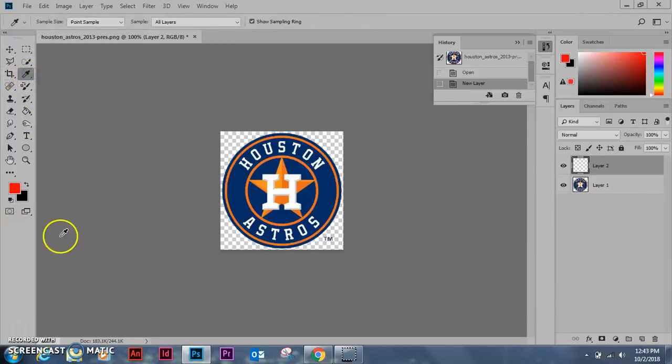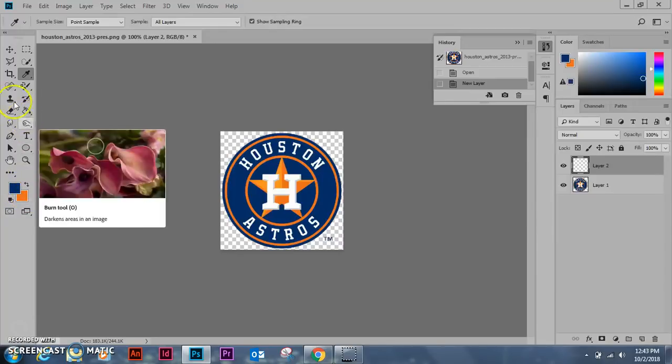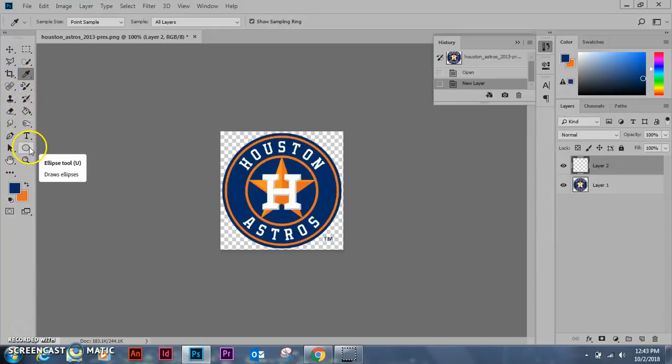The other thing I need to do is I need to get the color. So before I do that, I'm going to sample this color by taking the eyedropper tool, and I'm going to sample the blue color, and then I'm also going to sample, let's go ahead and sample the orange color. Okay, you notice I can flip these back and forth, right? So right now I want the blue on the top and the orange on the back. Okay, now I'm going to get my ellipse tool,